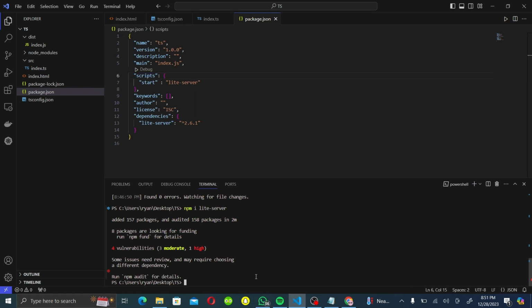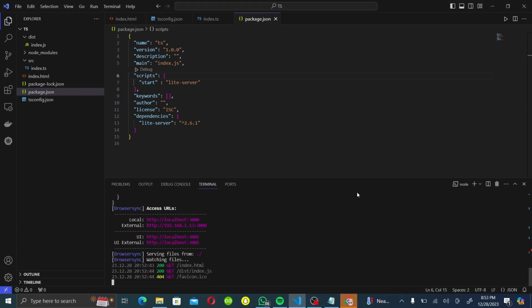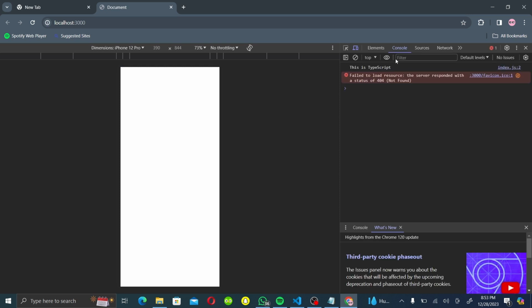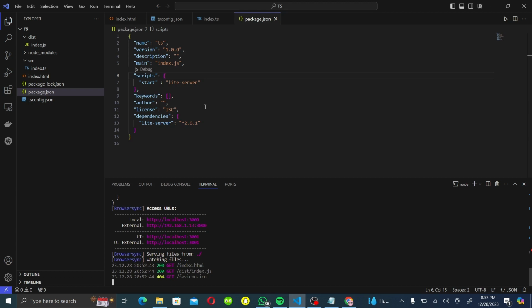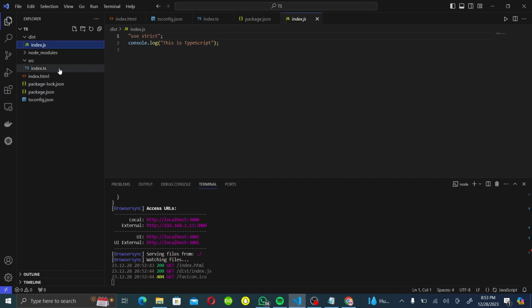You could come to the terminal and now type npm start. You can see my Chrome, it's localhost 3000. Control-Shift-I to get to the console, and you can see that this is TypeScript here. So we can come to our index.ts,